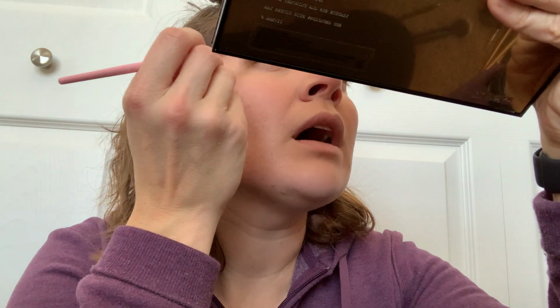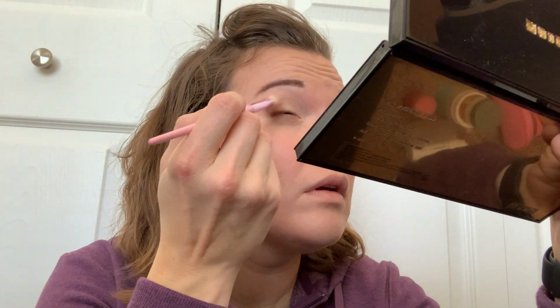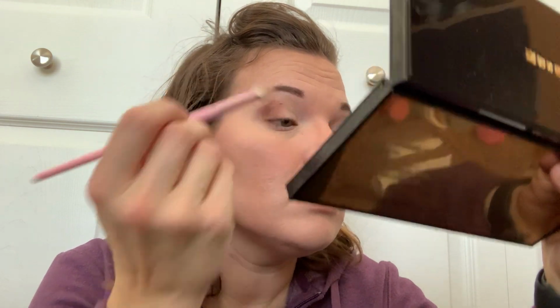You never know though. Next, I'm actually going to go in with this darker brown. It's more of a mahogany brown. I'm just going to stamp that on the outer corner and start bringing that in and deepening up that outer crease. I'm going to do something a little bit more fun with the,